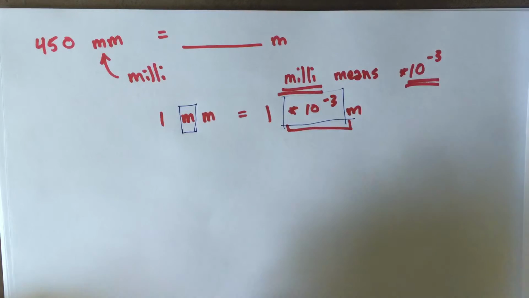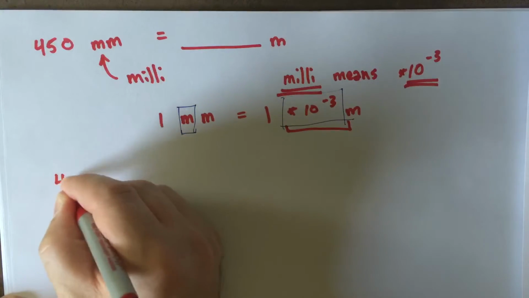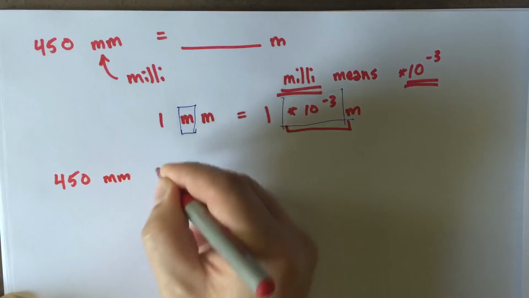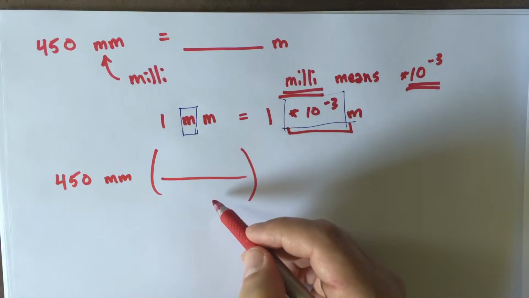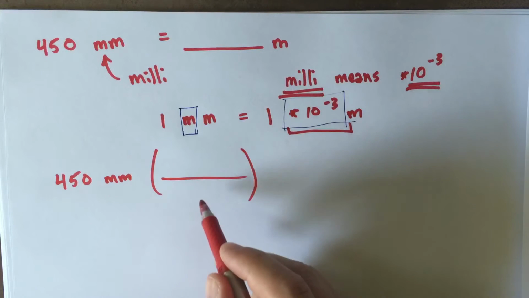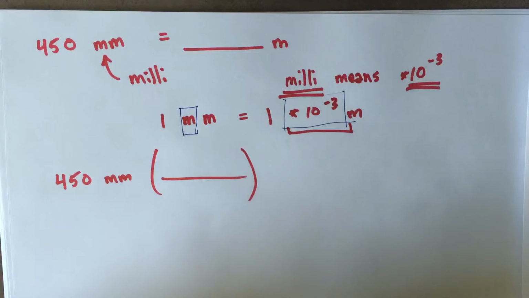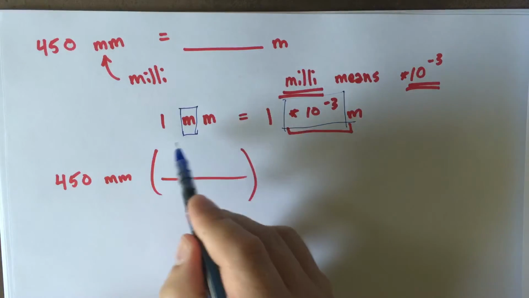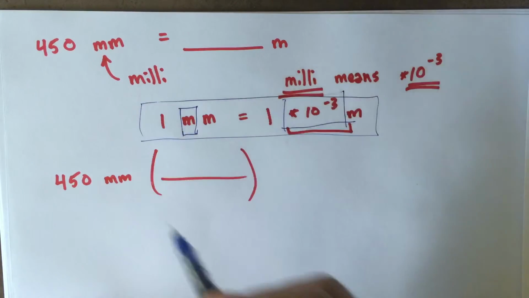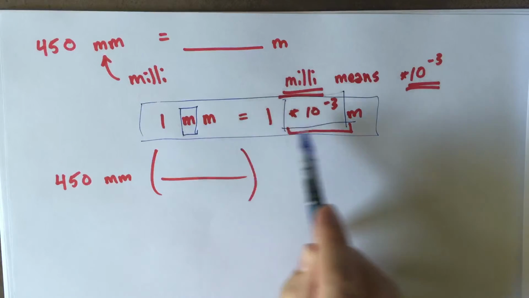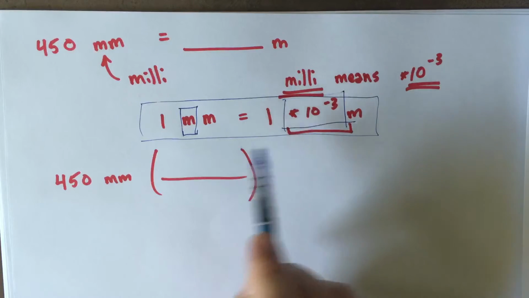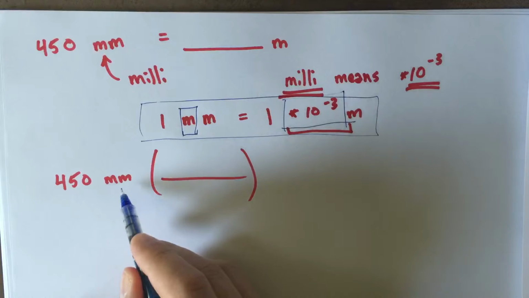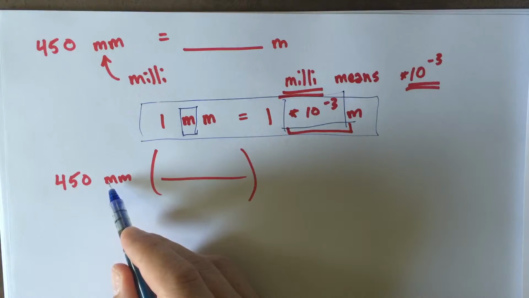So the way that we convert in physics is something I call the well-chosen 1 method. I'm going to start out with 450 millimeters, and I'm going to multiply it by a fraction where the top and the bottom are equal. This fraction is going to equal 1 because the numerator and the denominator are going to be the same value. And I'm going to elect to use this equality right here and take half of this equality and put it on the top and the other half and put it on the bottom. And the way that I'm going to decide which one goes where is that I want to take these millimeters and